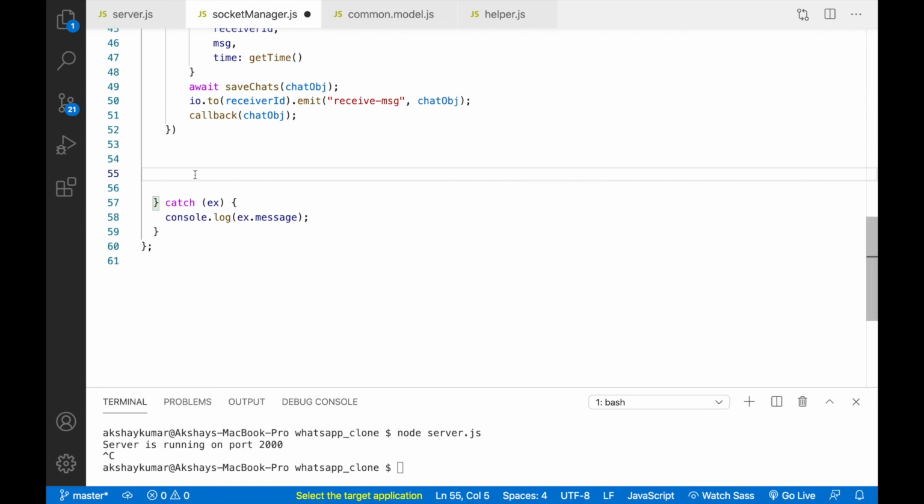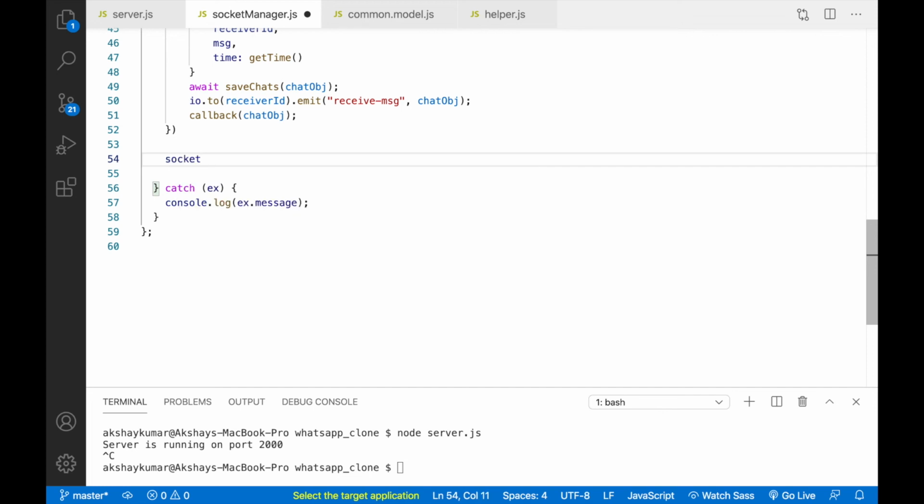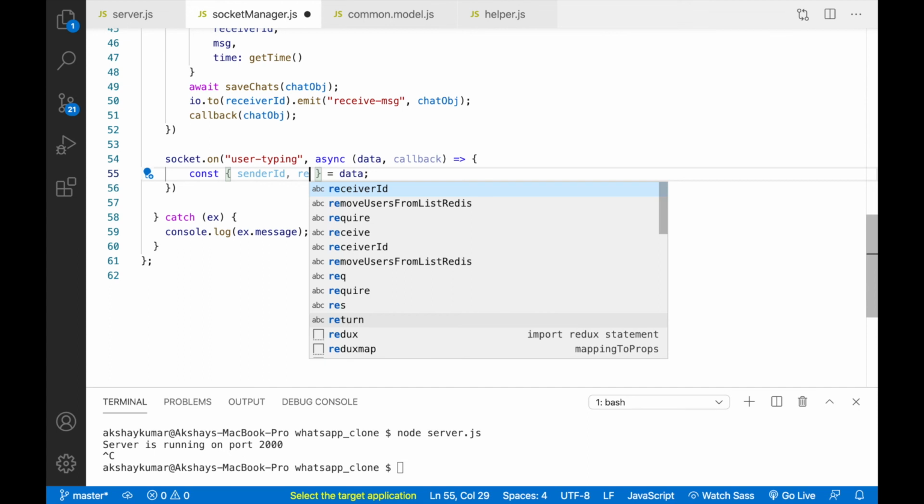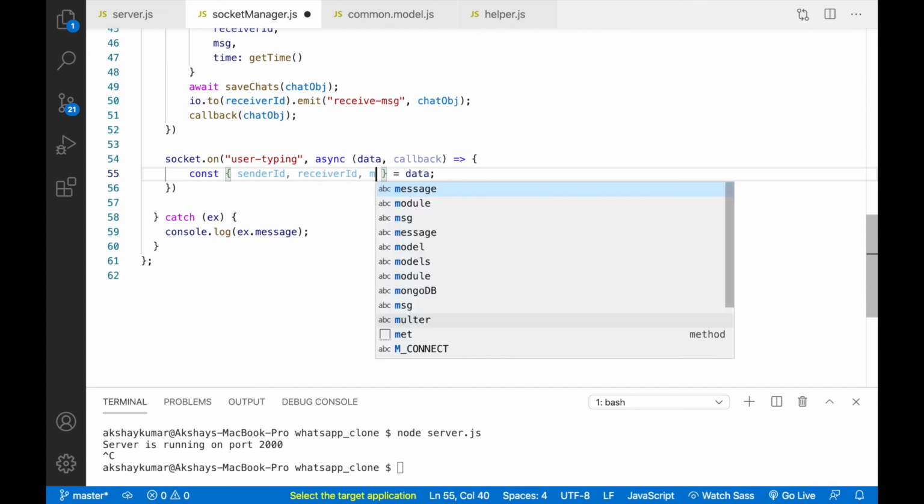Now for the typing indicator, whenever a user started typing anything, the receiver party sees that typing indicator. For that we'll write socket.on, and here the event will be user typing. We'll take the data and callback. From the data we'll get sender's id, then again receiver id and the message.